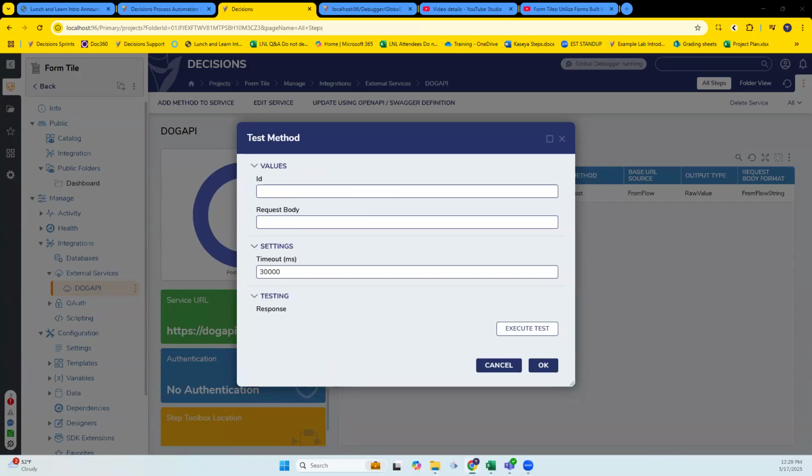This is an excellent way to test whether or not your requests work without having to go into the flow, build it out, and run it. One thing I would check if you're having issues with data being uploaded, if you're posting this to your external API or some sort of external database, is that the service account running your decision server has permissions to alter that database.